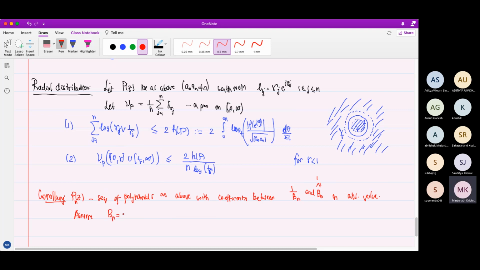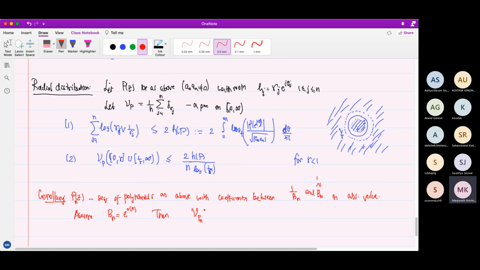bn is not going too fast. Like before, it is e to the little o of n. Okay, it's not going exponentially. Even it could go as fast as e to the square root of n. That's okay. E to the n to the 0.99 is okay, but it should not be e to the constant n. Then